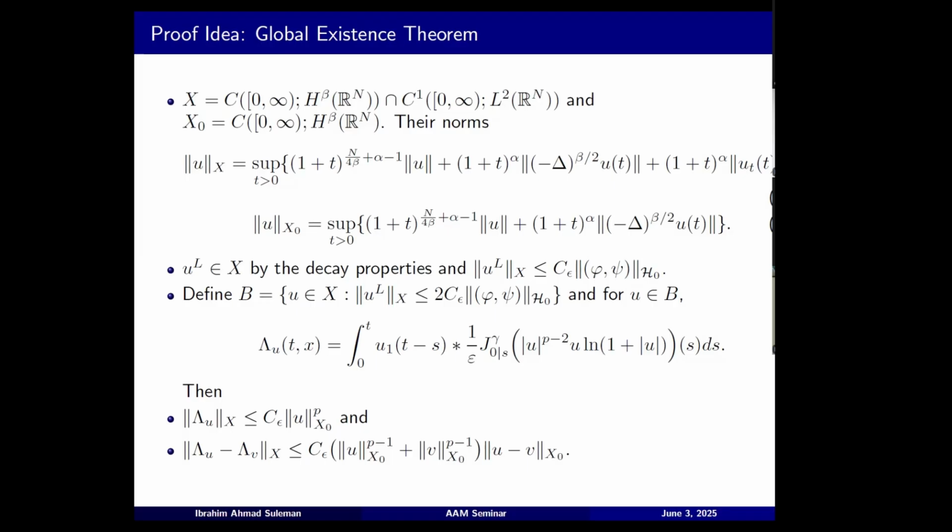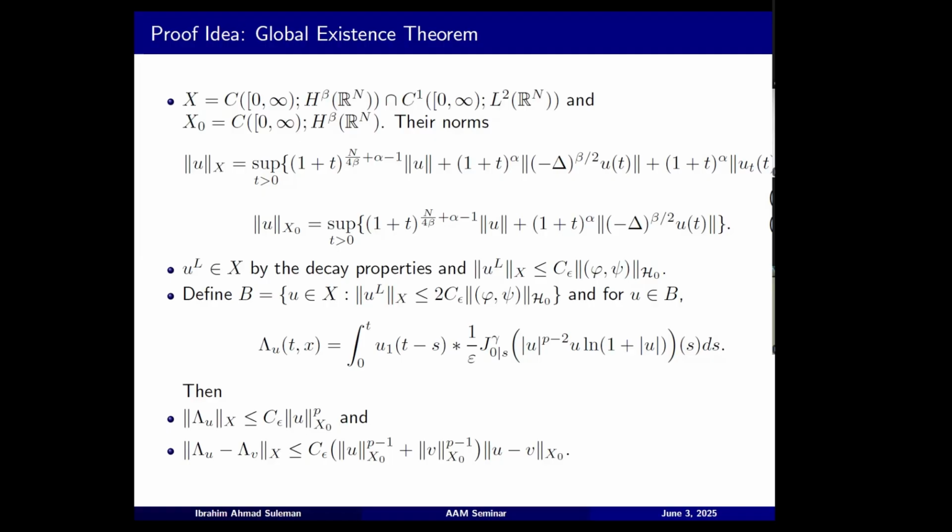And by that, since we are losing decay, the linear solution is in X and you can have it in some ball. Here we start the argument for the contraction principle in this ball. But eventually, since we said the initial data is less than or equal to delta, we can have a ball independent of initial data. The radius is already independent of time. So we can have it also independent of initial data, thanks to the problem of global existence being similar to stability for the trivial solution.